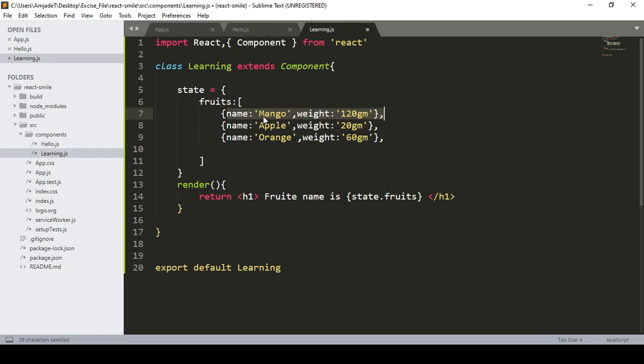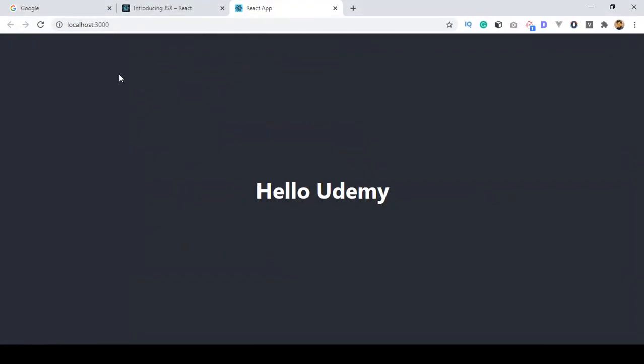Into the array, indexing actually starts from 0, right? So the 0 index, then the 1 index, then the 2 index. So I want to display the 0 index data, that is our fruits. After that fruits I want to display our 0 index data, and then the name. It should be displayed that way. Now if you click save all and refresh it,